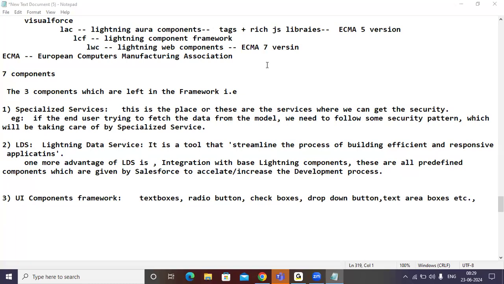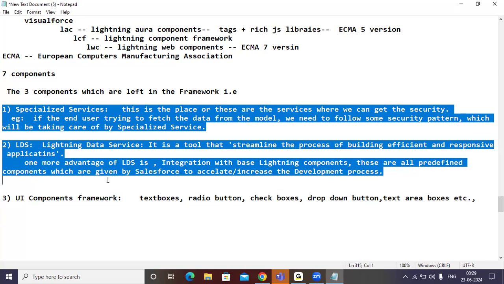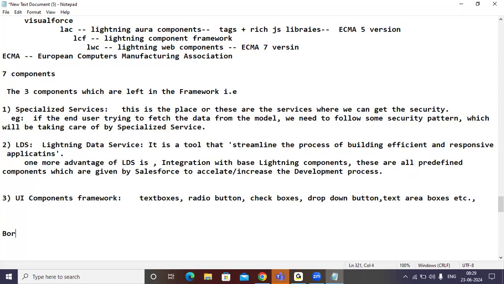Good. Next important point. Only these three things are available in the framework, and the rest of the things will be taken care of by the browser only. First of all, what is the meaning of browser? Tell me. Yesterday onwards, I keep on saying browser. We have Internet Explorer, Mozilla Firefox, Google Chrome, Netscape Navigator; so many browsers are there. Tell me, as per your knowledge, what is the meaning of the browser?